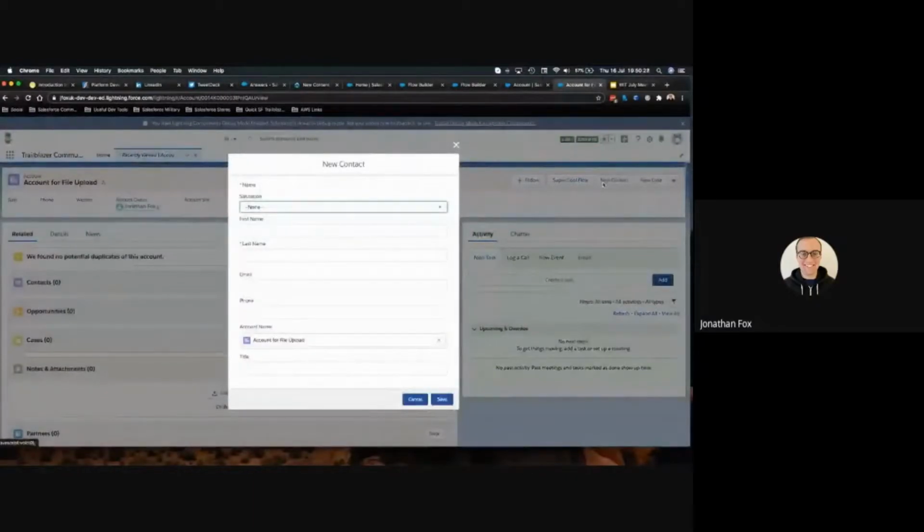Yes, this functionality exists in Salesforce, but this is just to give you a bit of a flavor of what a flow can do. And then you let your imagination run with it, and you can do wonderful and wacky things. Now, in this scenario, I'm going to say that our sales reps or our admin who has to create these new contacts finds this